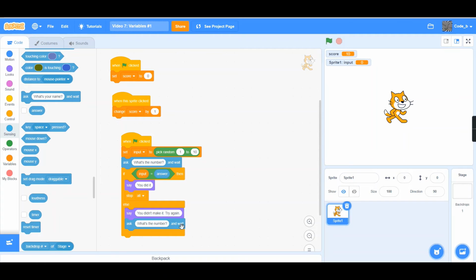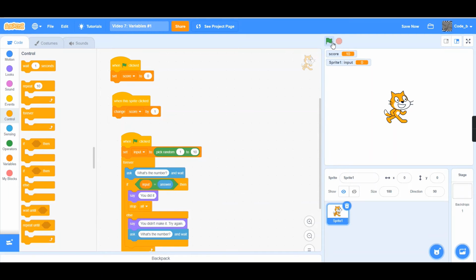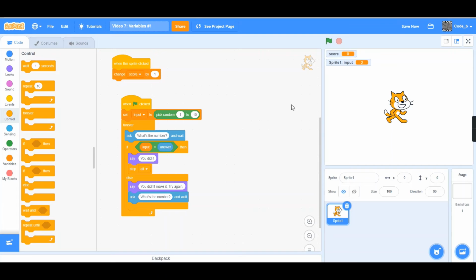So ask what's the number and wait. And we would put in a forever to get that momentum and then try it. So if I type in 3, it doesn't do it. If I type in 2, it doesn't do it. Now it does it. So let's try that again. 9, 5, 3,